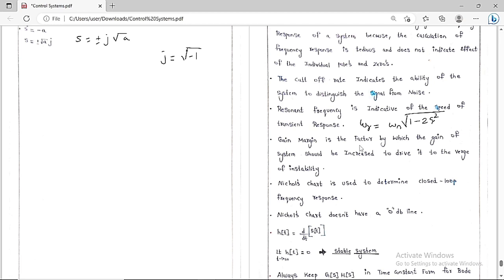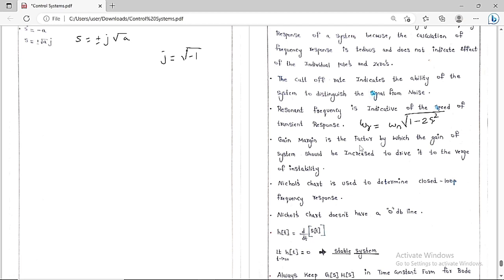This we can tell with the help of this resonant frequency. So resonant frequency is basically the indicator of the speed of the transient response. The next point is gain margin is the factor by which the gain of the system should be increased in